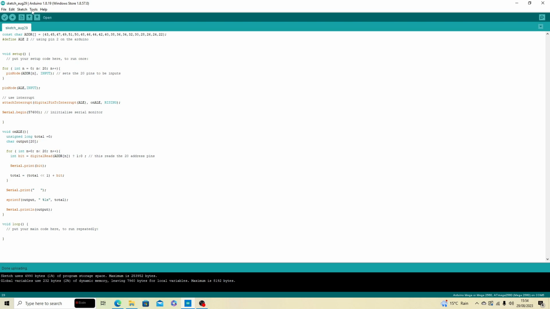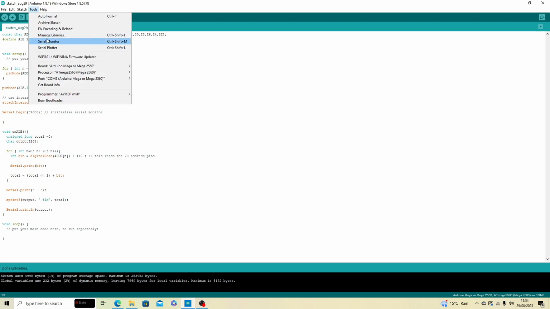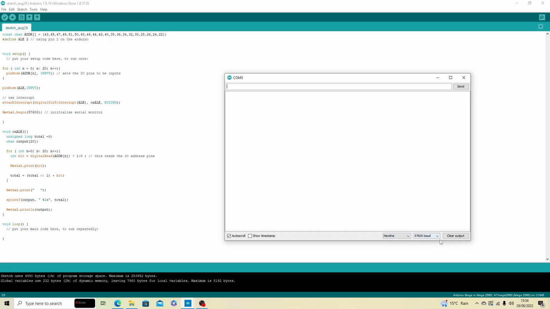And then if I start up the serial monitor, I need to check that this is set to the same baud rate as I've set here in the initialize, 57600. So that's correct. I'm getting some rubbish data coming out at the moment from the board. So we're going to clear that and then press the reset and hold for the 4 clock cycles. So let me clear that, press reset. So I clear that again, press reset, hold for 4 clock cycles, let go, should then initialize and it then should start.